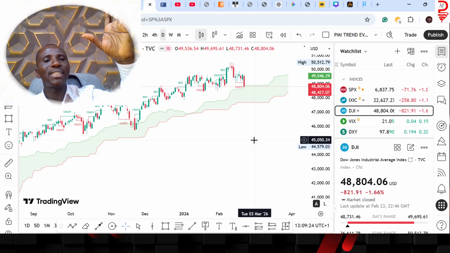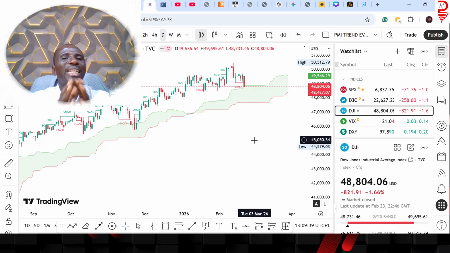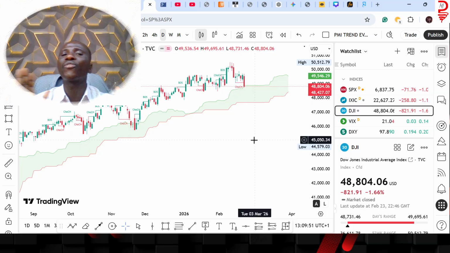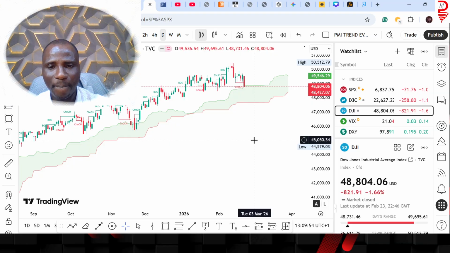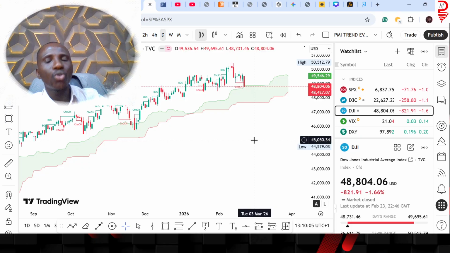We have 3 indices for the stock market. So if one of these indices is telling us that there is a bearish structure and 2 of these indices are still showing us that we are on a bullish structure, we want to still maintain that bullish structure. The one that is telling us that there is a bearish structure is only telling us that the movement of the stock market can change anytime from now if nothing changes, or if the reality continues, if the risk tone of the market is being disrupted just as it's been disrupted, the tone can change from what we used to have to the